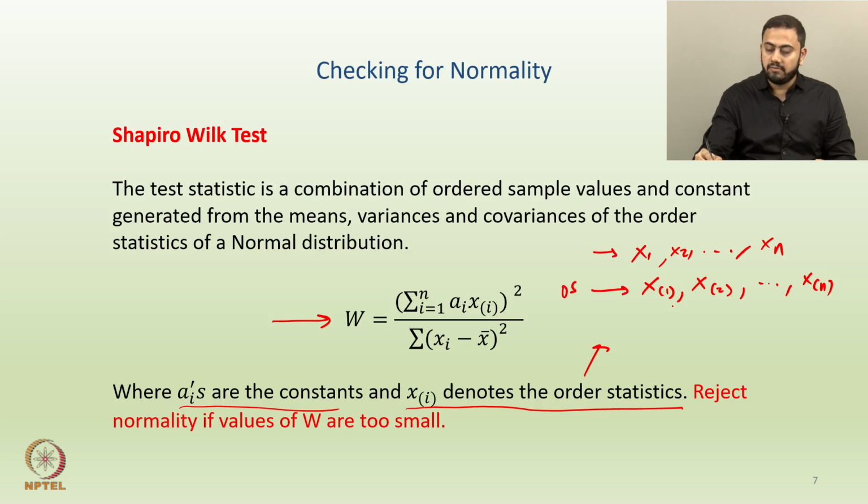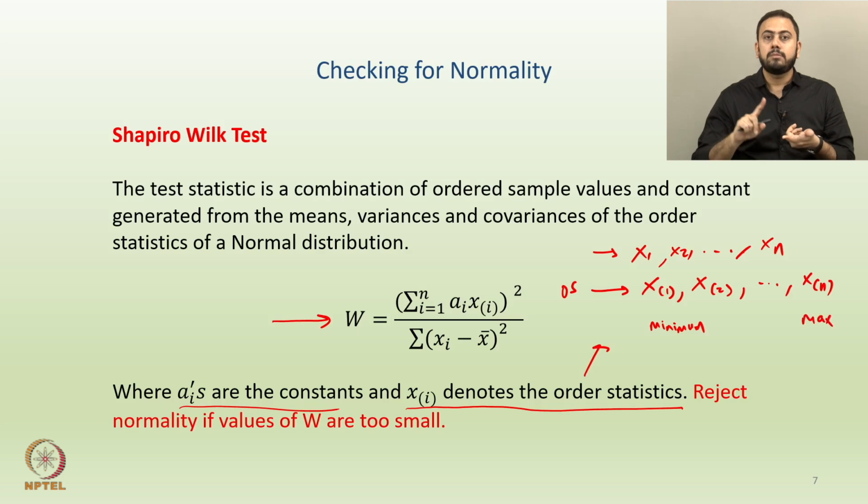So, what do you mean by x bracket 1? x bracket 1 means nothing but the minimum, because you ordered them. x bracket 1 is the minimum observation, x bracket 2 means the second minimum, and so on, and then x bracket n is the maximum. So, minimum, second minimum, third minimum, fourth minimum, all the way up to maximum are my order statistics for